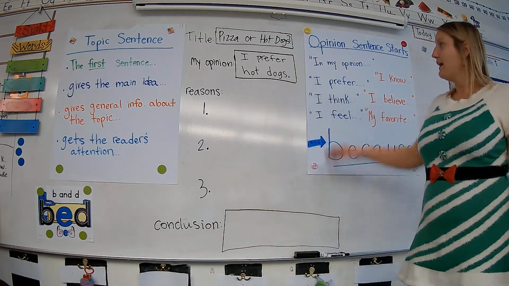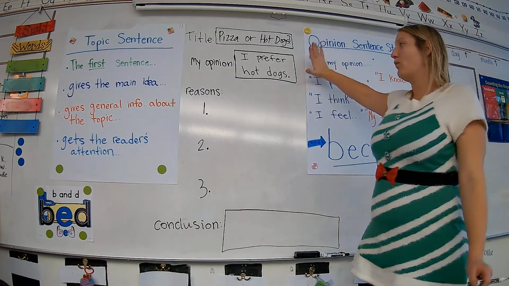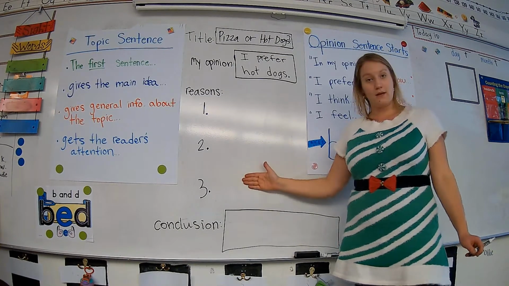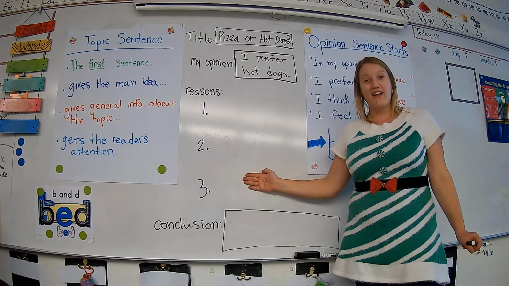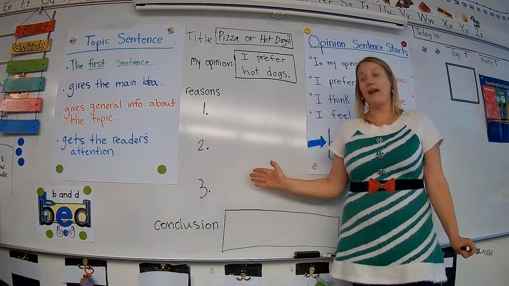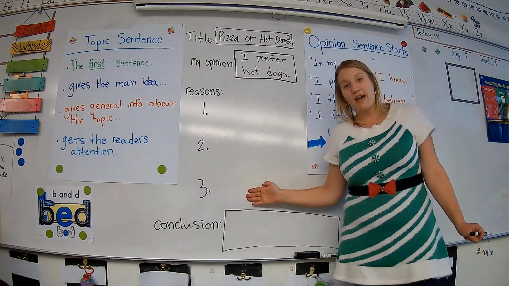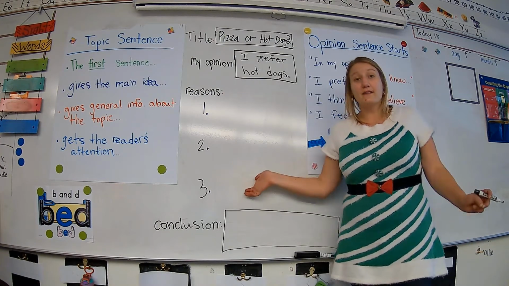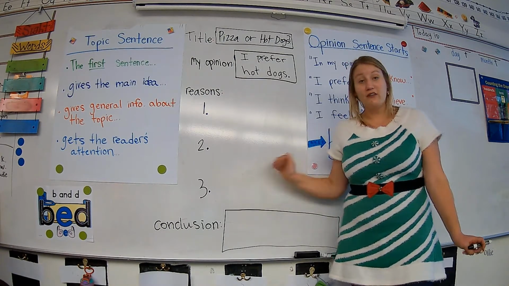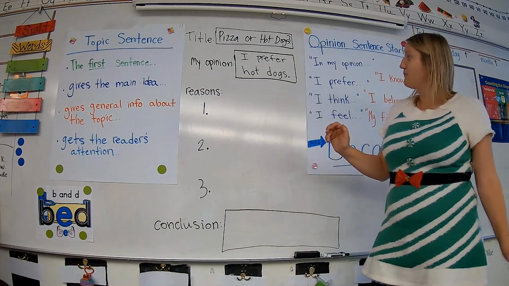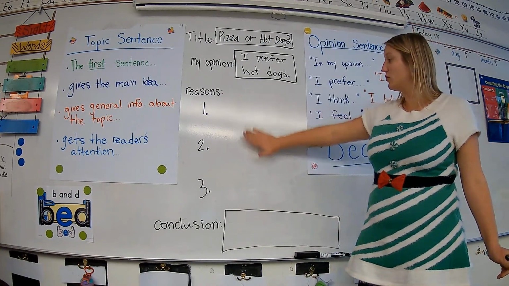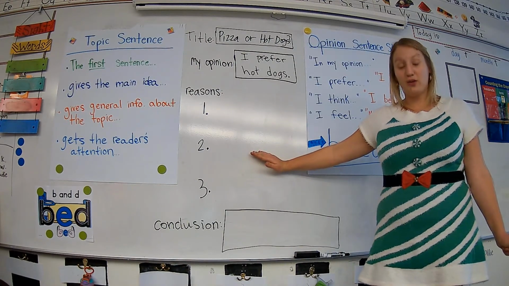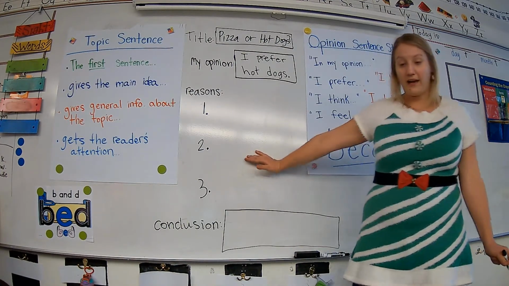When we give an opinion, we have to say what we feel, but also why we feel that way. We're going to give at least three examples in our writing of why we might feel that way. Today we're just going to get started with our writing. I don't want you to finish it all, but let's get started with at least two reasons, and I'll give you a question when we leave here of what you will be writing your opinion on, okay?